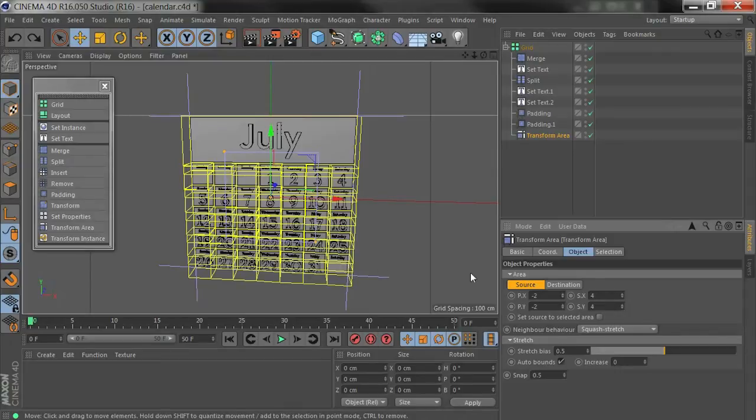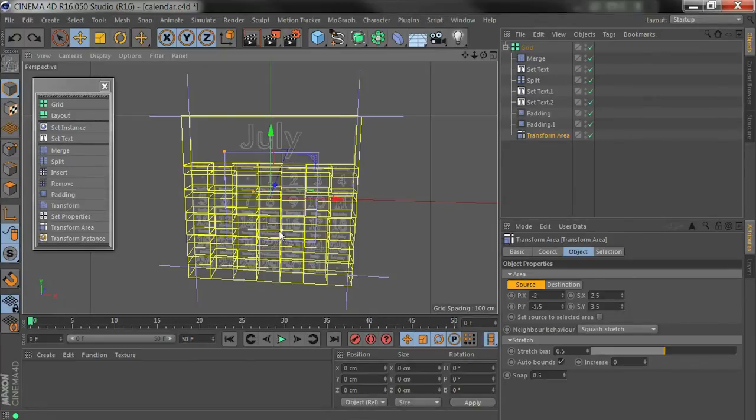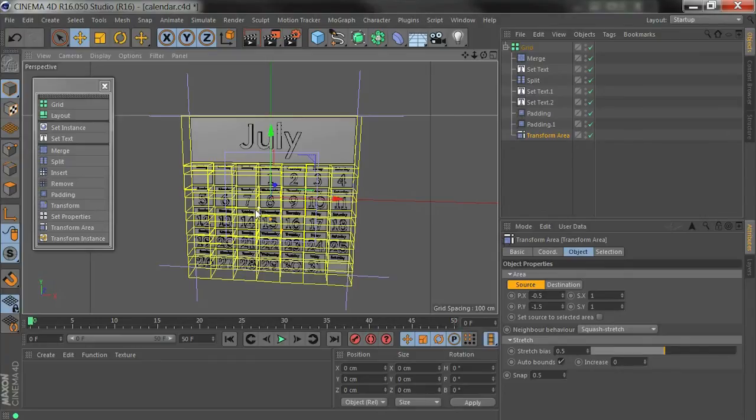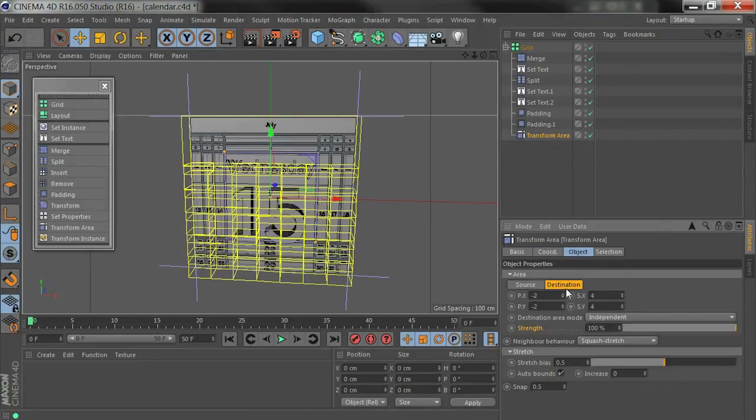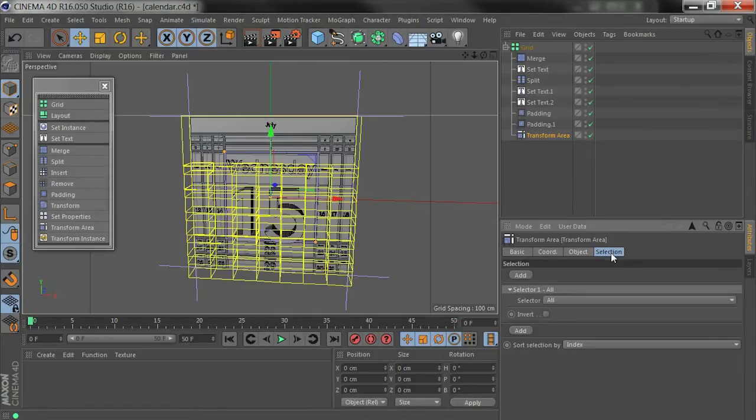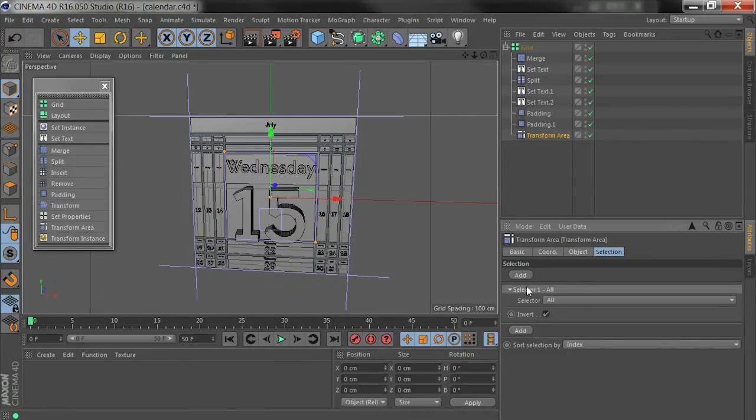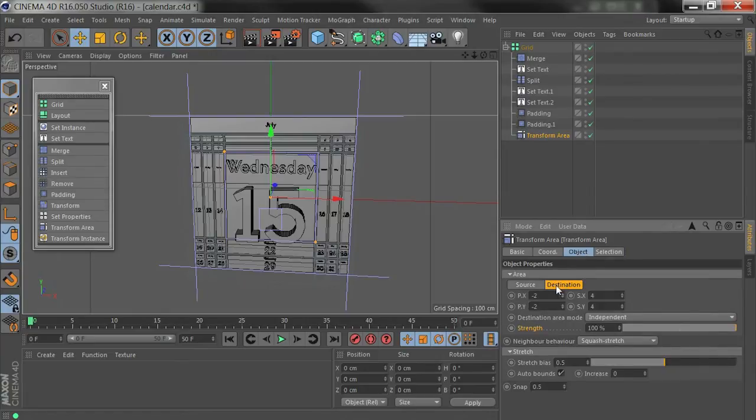So to start with, you define your source area, and we want that to include Wednesday the 15th. Like that. Then we go to destination, and we see already it's trying to stretch that out. I'm just going to invert the selection to hide all these boxes. Transform area uses selections a little bit differently to the rest of the modifiers. You can use the selection to define what the source area is, but it will still affect all of your tiles. So back to object, we're now defining the destination area,